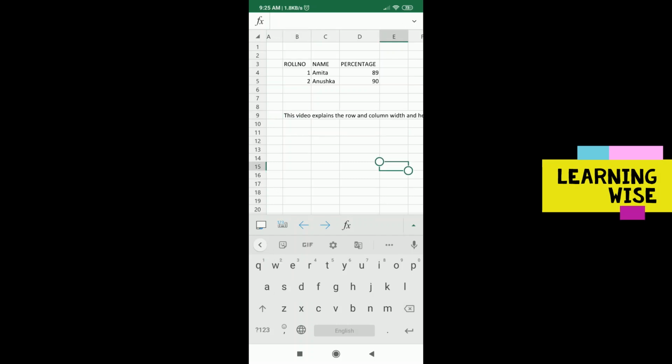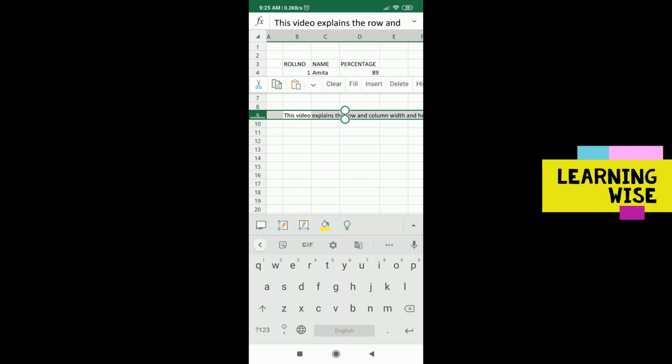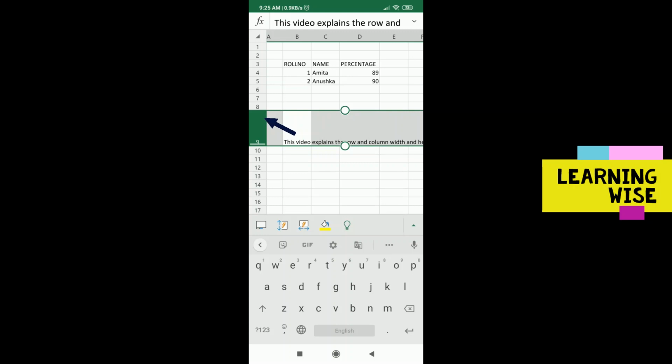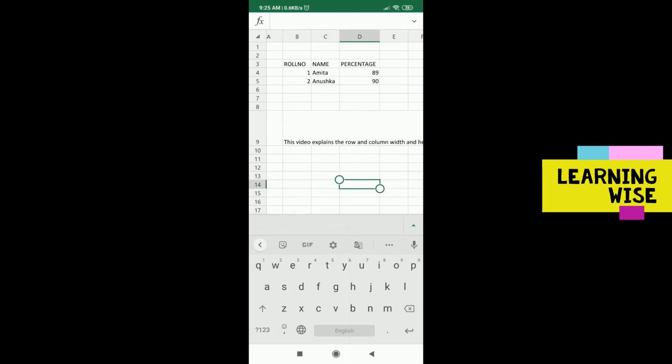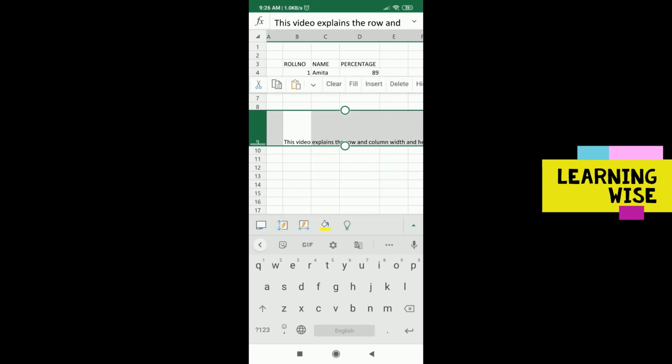Okay, so it's a huge sentence which I have written. Right, click on this row. You have the two white lines here also. You can drag it to make the row bigger. Okay, so this way you can adjust the row height.